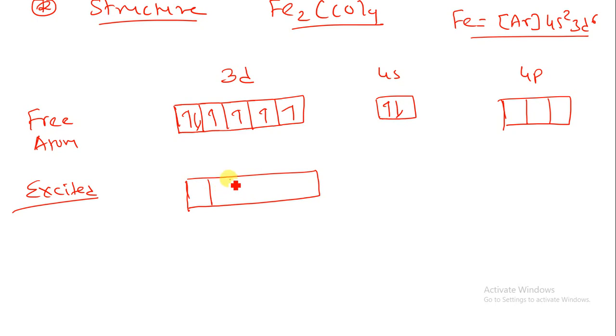Now in our previous Co2(CO)8 we have seen that there are two possibilities, a paired structure or an unpaired structure. Suppose I pair all these electrons: here I have 6 electrons, here 2 electrons. So I have a total of 4 pairs, one will be unpaired, and these empty spaces. So in total I have 4 pairs.